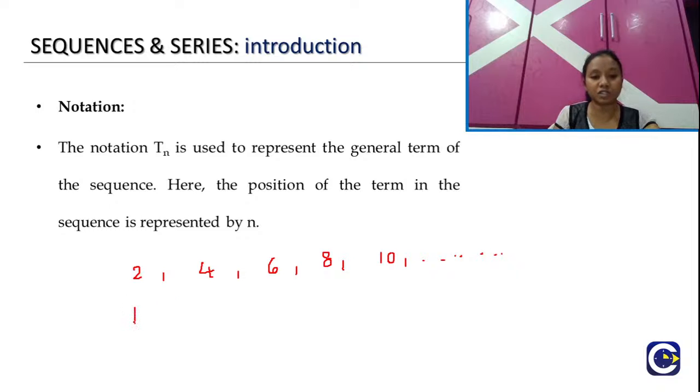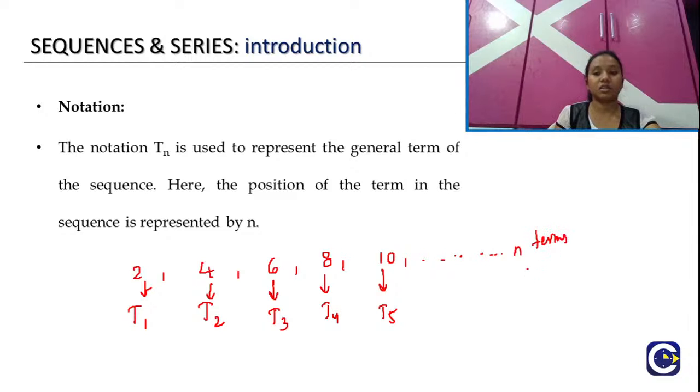That means the first term will be notated by T1, second term by T2, third term by T3, fourth term T4, fifth term T5, and we will be having some n terms here. The nth term will be denoted by